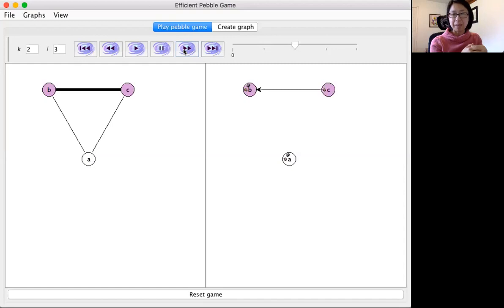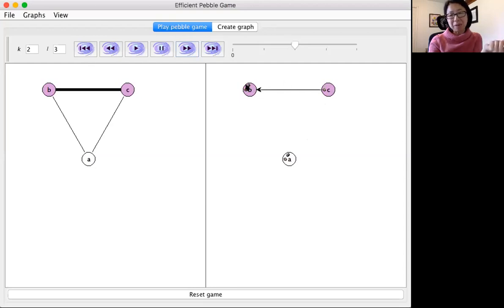I think the pebble game in this computer simulation is going to try to insert the edge between A and C. Notice there are only 3 pebbles here, so we're not going to be able to insert it right away, but from this vertex C, I can follow the arrow to a vertex that has pebbles,